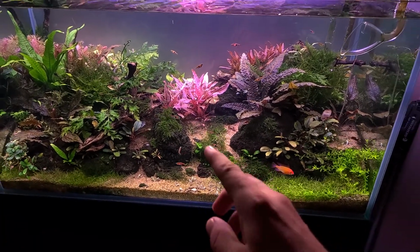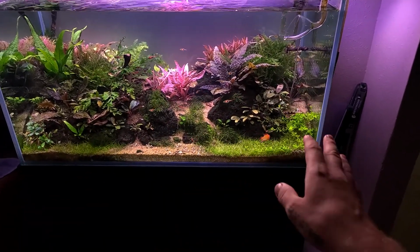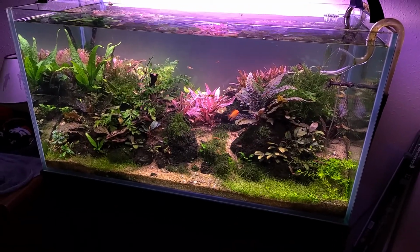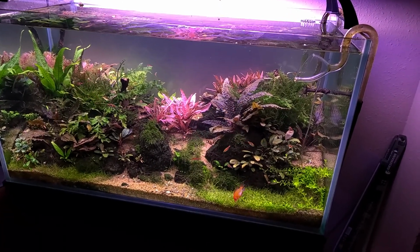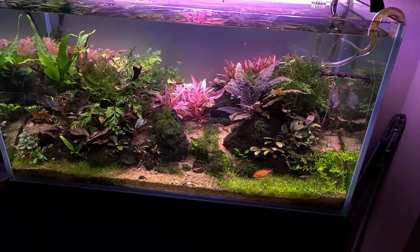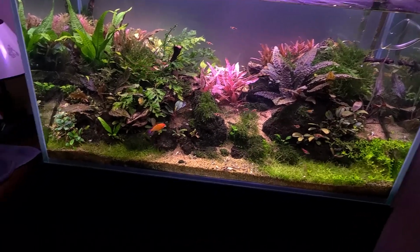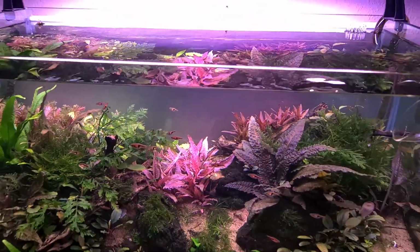And when this tank is empty and I've got it completely done, with nothing in it, I'm gonna restart rescaping it, but I'm just gonna do it dry. I'm not gonna put any water. I got a couple of under gravel plates, like a 20 gallon under gravel filter plate. I've got some of those with the pipes, and I've got some of the plastic canvas mesh here that I can put in there,